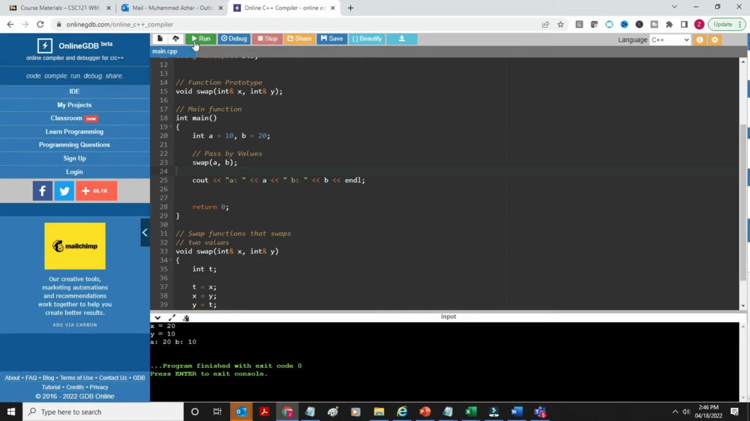X and y, the value was swapped, so 20 and 10. But look at a and b, what happened? In the last example, a was 10 and b was 20. But in this case, a is 20, b is 10. What happened there? Even though a used to be 10 and b used to be 20, now it's actually swapped. But I'm printing out the values after calling